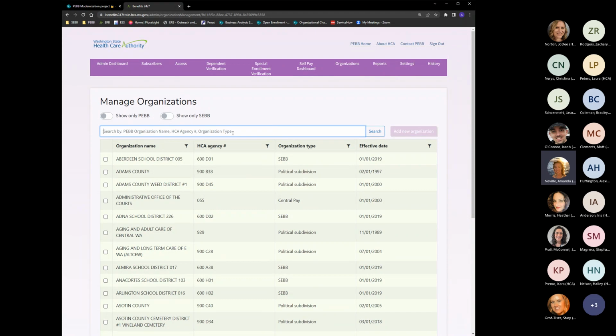There's many different ways that you can search. And as you can see here in gray type font, it does tell you how you can search. So you can search by an organization name, HCA agency number, or an organization type. We also have filter options at the top of the screen here. So if you were looking to only search within the PEB organizations, you can select this button here and then search for